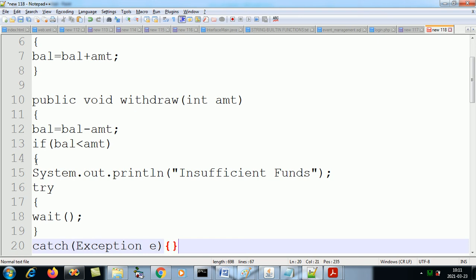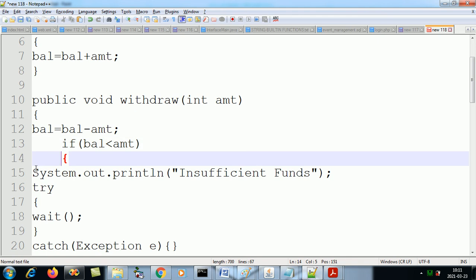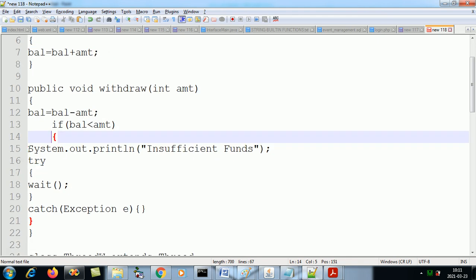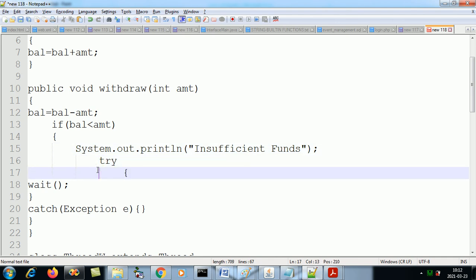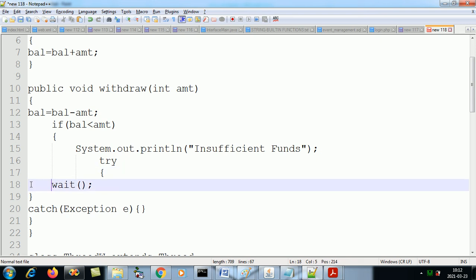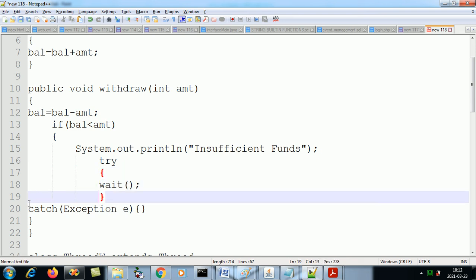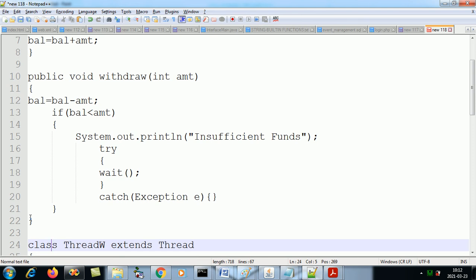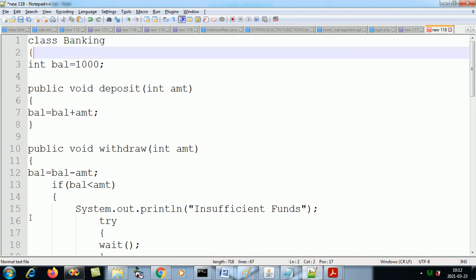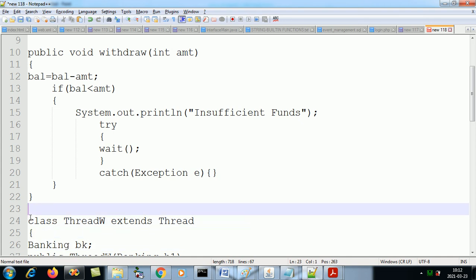This if closes and this withdraw function closes. We also need to close the class Bank.